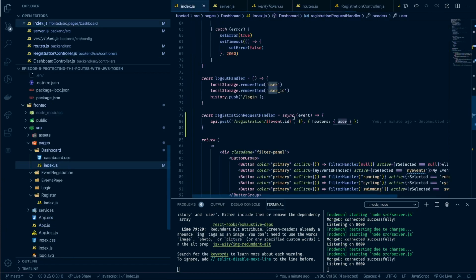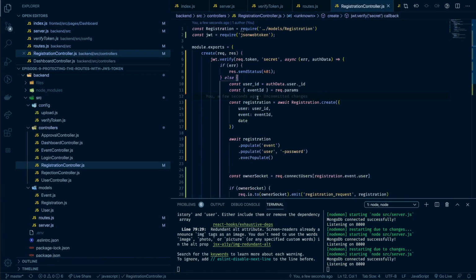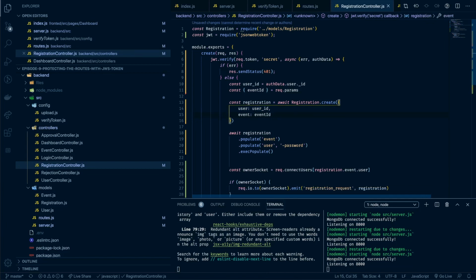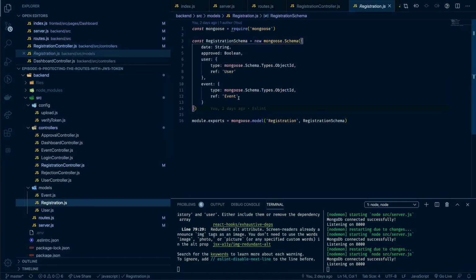If you look at the front end, we're sending the event ID and the user. From the event ID and the user, we can get the user ID, and we can find the user and the event with the ID. This date here, we don't need to send that because we can create that in the module, right? So let's fix that. If you go in the models, in registration, where we have date, here we can do